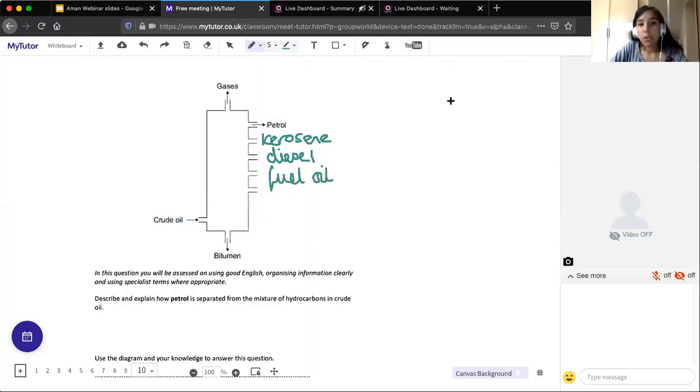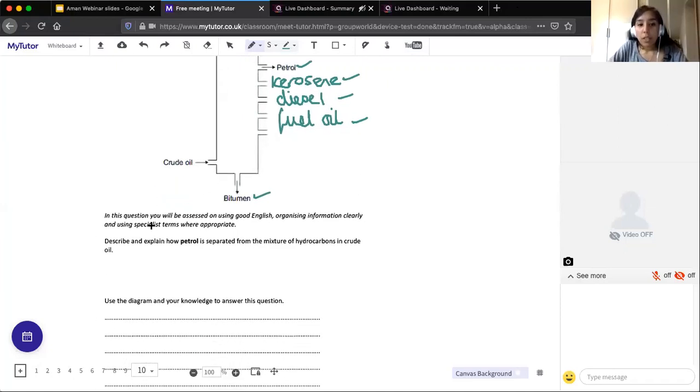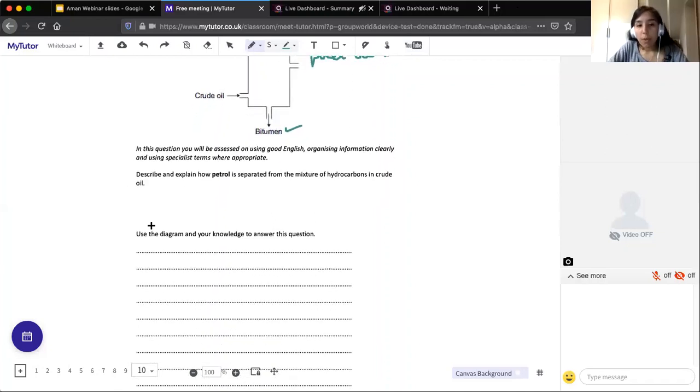And the next one tends to be bitumen. So they've put 4 more in there. That's okay. They do tend to split it up, but it is bitumen there. So that's absolutely fine. So the 6 you need to know are refinery gases, petrol, kerosene, diesel, fuel oil, and bitumen. Okay, well done. So this is, as I said, a typical exam question where we want to describe and